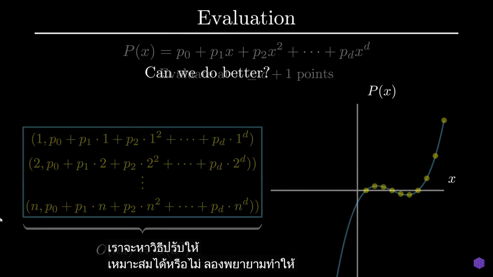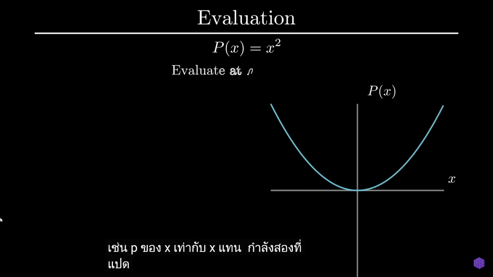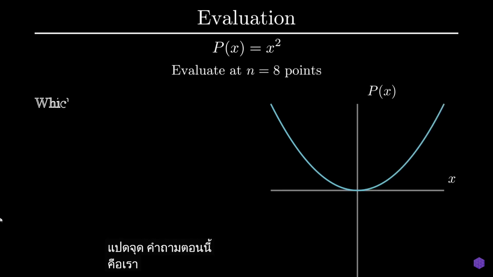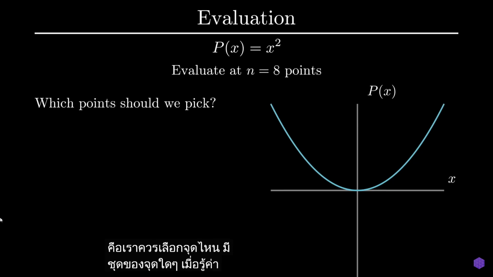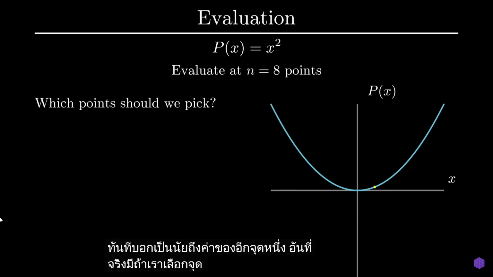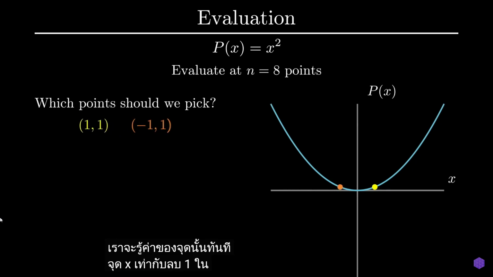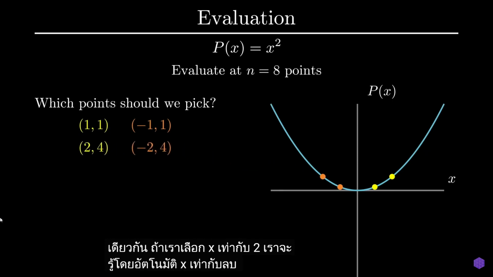Let's try to simplify the problem. Let's say instead of considering a general polynomial, we wanted to instead just evaluate a simple polynomial, like p of x is equal to x squared, at 8 points. The question now is, which points should we pick? Is there any set of points where knowing the value of one point immediately implies the value of another? In fact, there is. If we pick the point x equals 1, we immediately know the value of the point x equals negative 1. Similarly, if we pick x equals 2, we automatically know x equals negative 2 will have